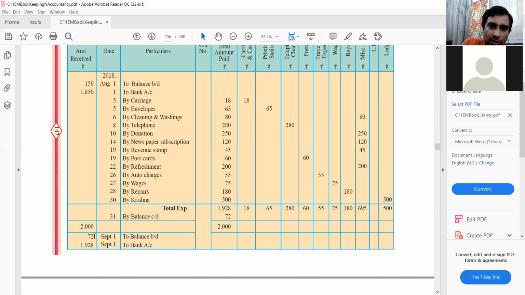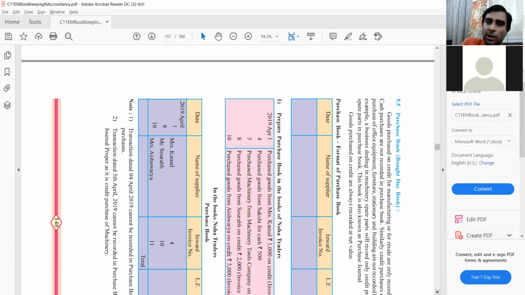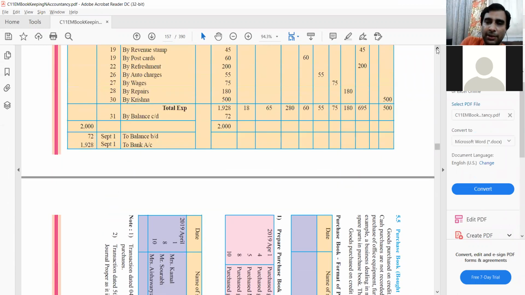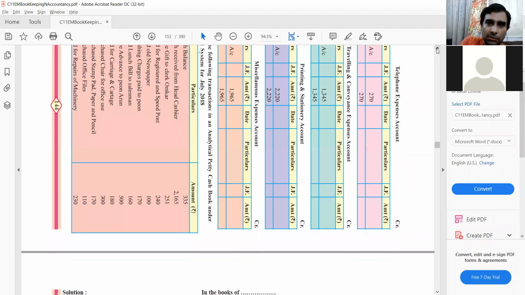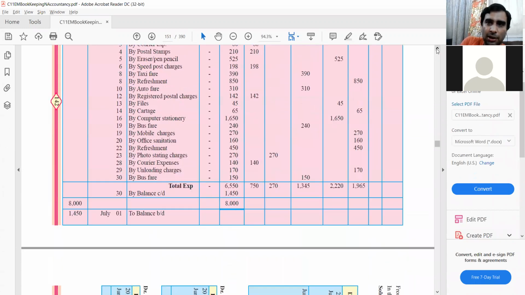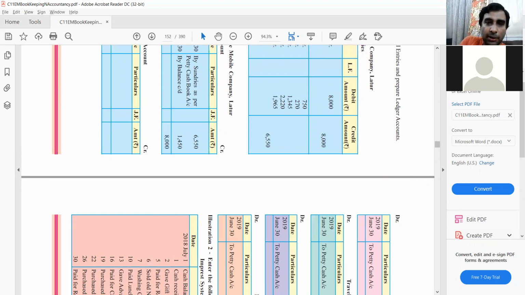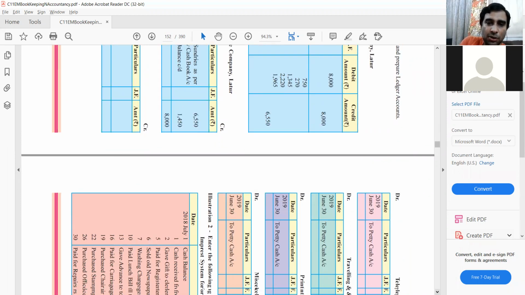So every month, whatever is the closing balance becomes next month's opening. Let's say next month we had 150 rupees balance at the end of September. That means he will get 1,850 again, right? This is 1,850. So on the first of the month, cash will be replaced back to the original amount, which has been decided as the imprest amount. And that imprest amount will be mentioned in your question, which you can also infer by looking at the solution, by looking at the first of the month where you started.